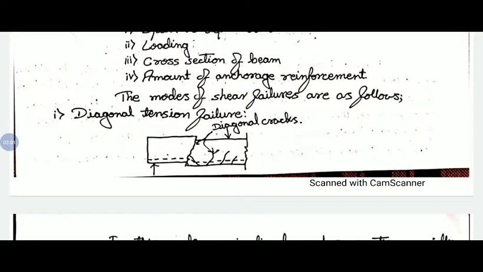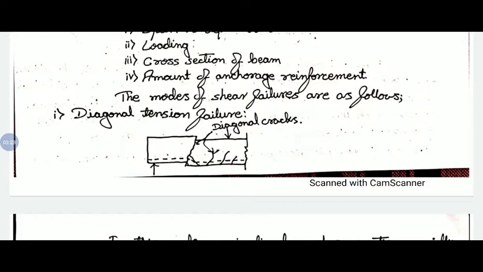So diagonal tension failure is caused because of insufficient shear reinforcement, the stirrups what we call in the beam, that is insufficient stirrups, or the spacing provided for the shear is more than the required. That is the main reason in which diagonal tension failure